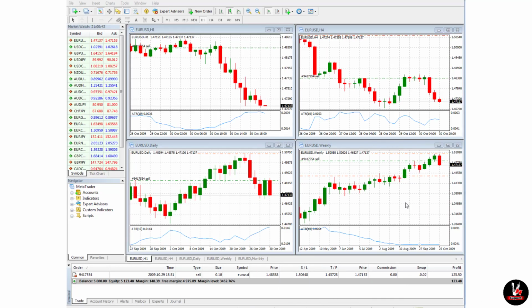Okay, here we are back at our live trade example, and as before, we were short the EUR/USD. Let's take a look at where we are today. This is the very next day. We're up 123